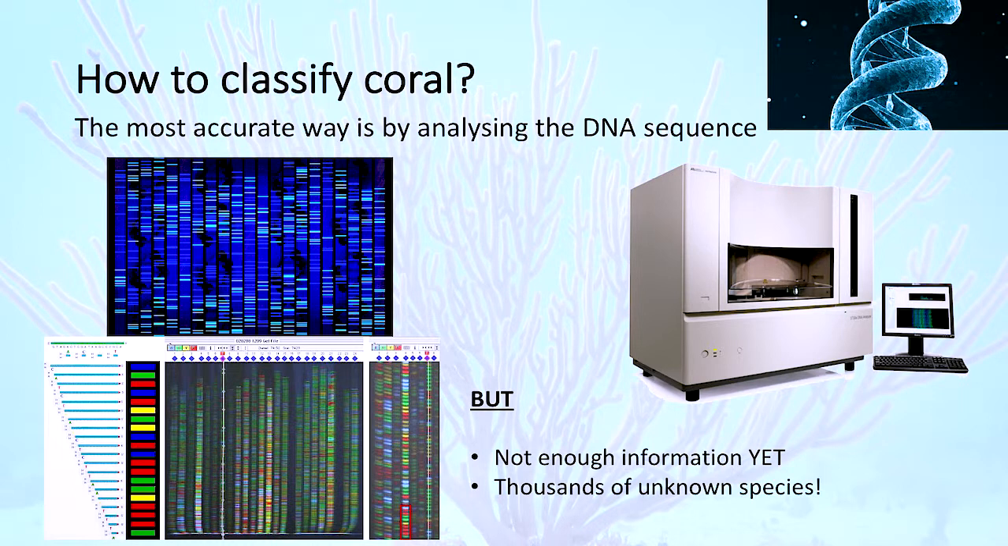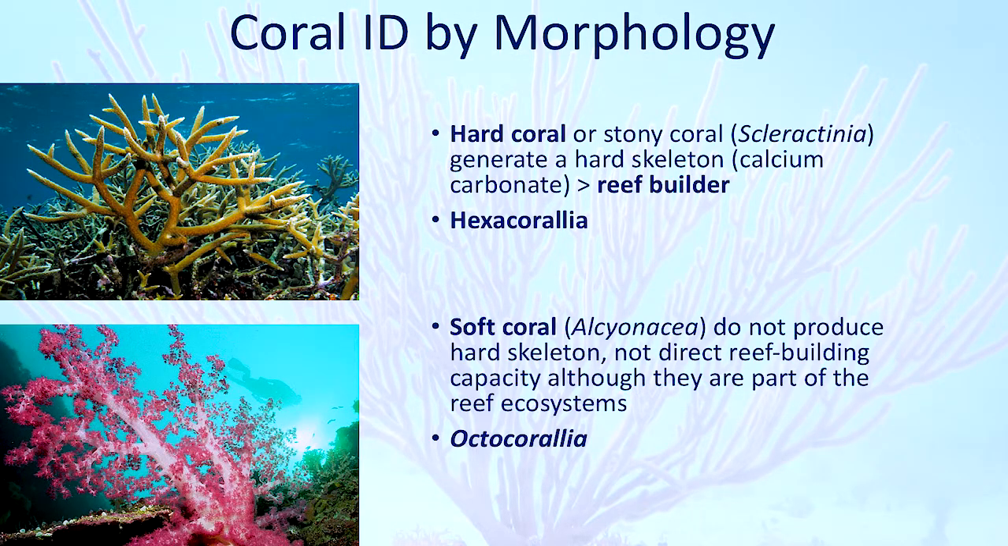So we want to apply this to coral because coral are so diverse and there are so many different species of coral. This would probably be the best way of doing it. However, there is not enough information yet known about coral. There are a lot of species out there, but the database is not actually defined enough yet. So what we do at the moment, what most scientists do out in the field to identify coral is